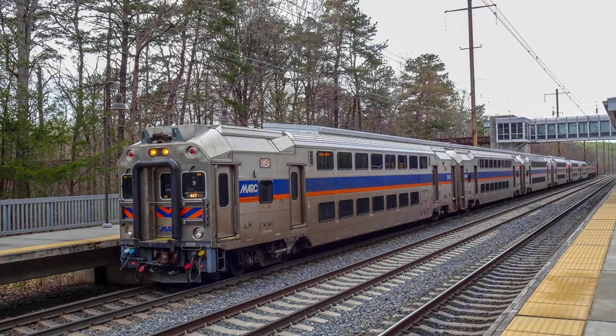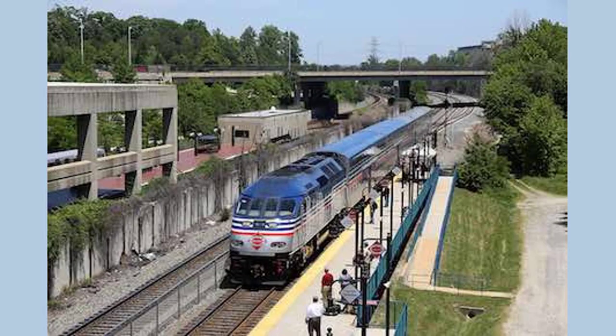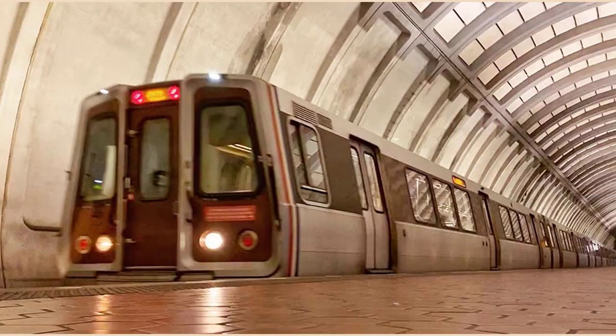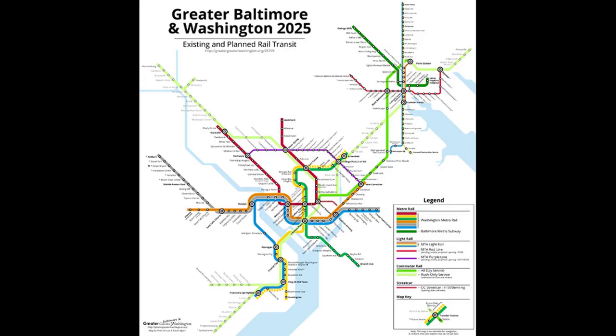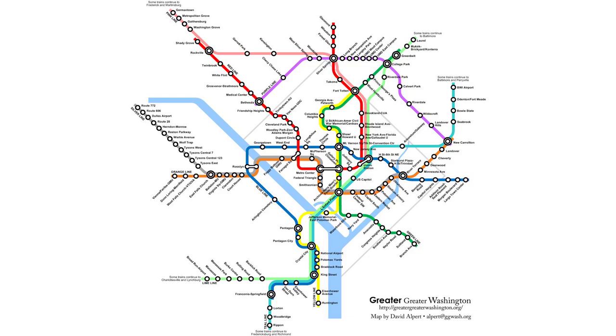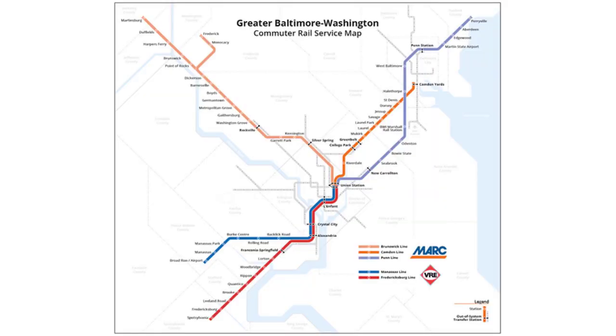On my most recent visit, a new PID pylon was being installed on the upper-level platform so that customers can more easily see it without needing to peer so far down the platform. I'm curious to see if it will use the old-fashioned models, those we see at Silver Line stations, or the latest LCD screens. L'Enfant has also received those freestanding LCD screens on the lower level that rotate between ads, announcements,